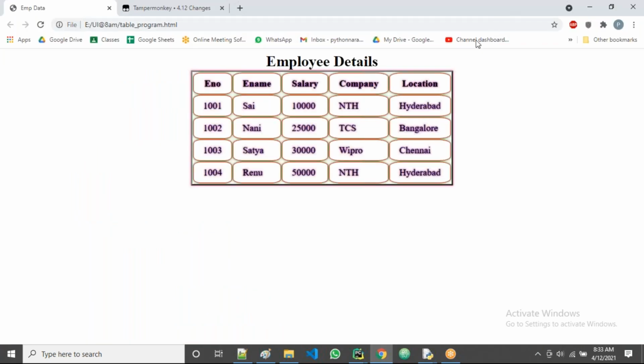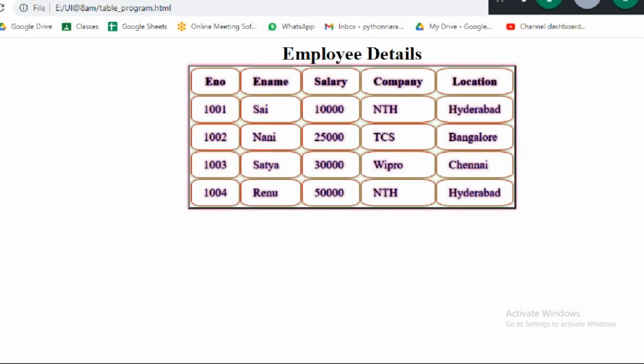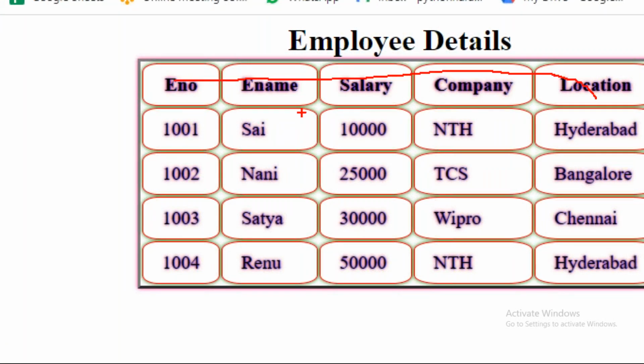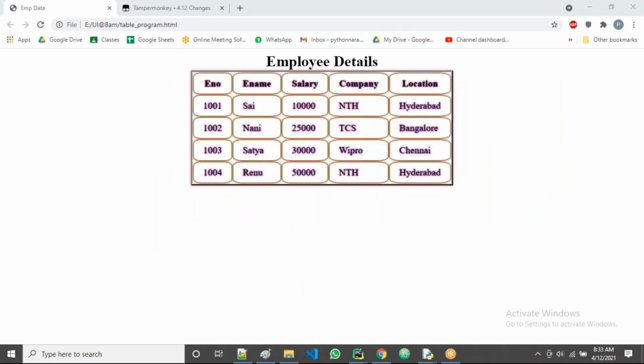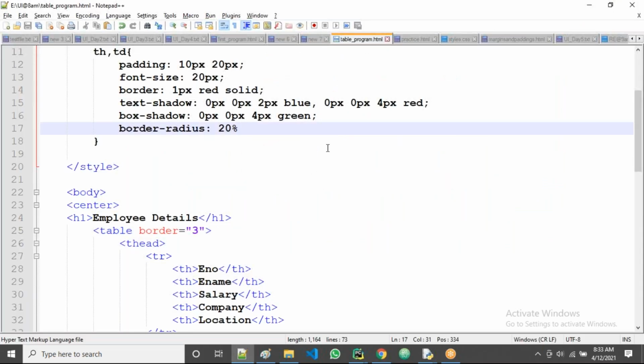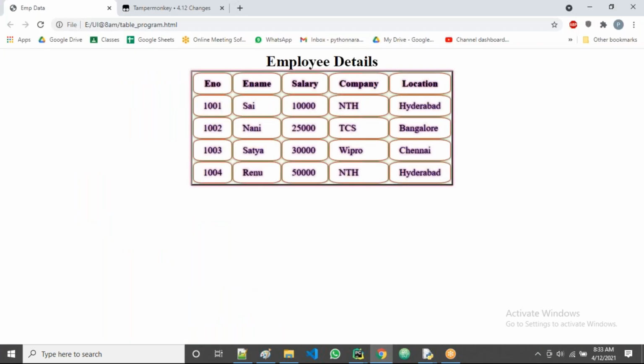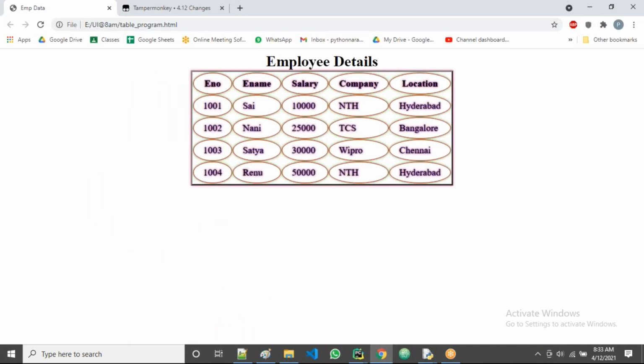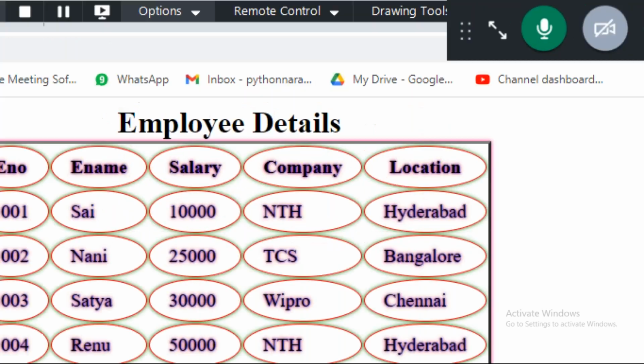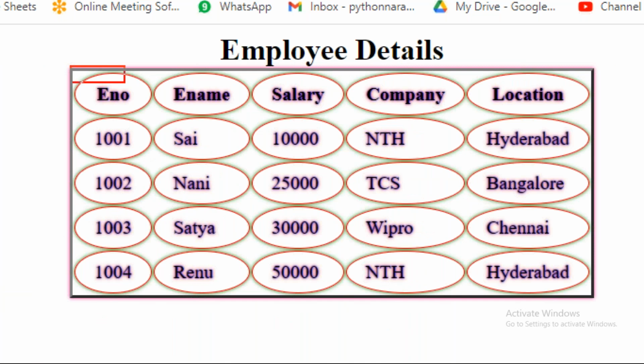Yes. Now all of you observe here. I'm taking the border radius, right? For which one? For all TH tags. See, the border radius came. Right? And yes, let's go for 50%, right? 50%. Yes, now you can see, guys, right? See, it doesn't look like a table, guys. It looks like one container having some kind of eggs, and the eggs have some names.